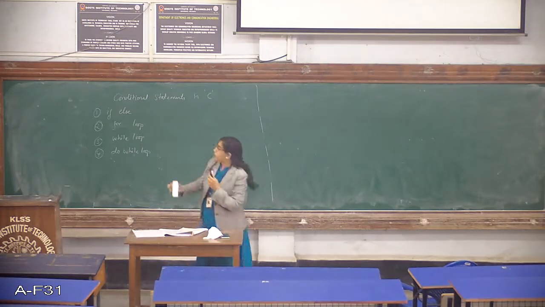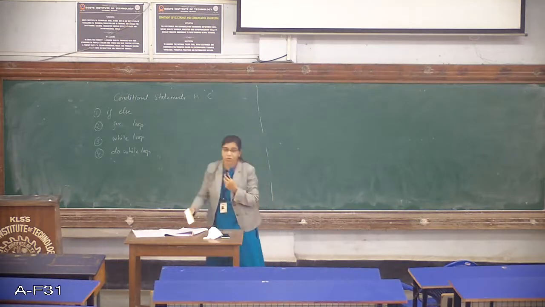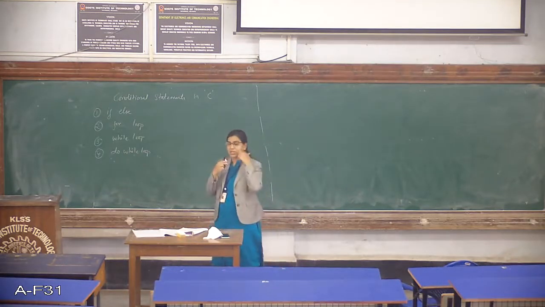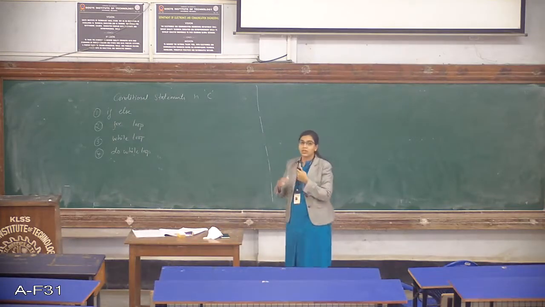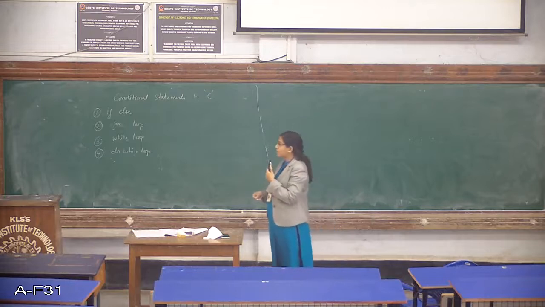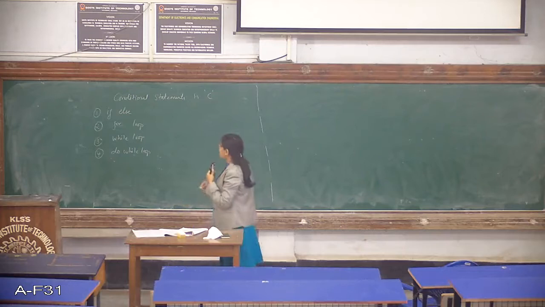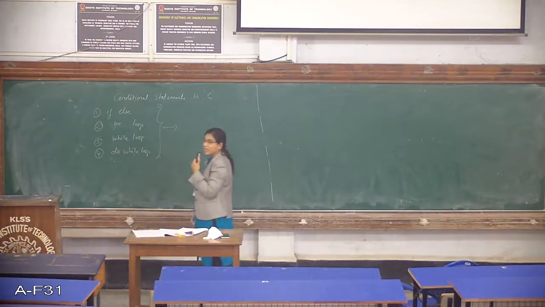Now we need to know how exactly this C program, which we call a high level language, works. Since any processor doesn't understand the high level language, the high level language will be converted to the assembly level language, and then it will be converted to a machine language. So how exactly will this high level language be converted to an assembly language?